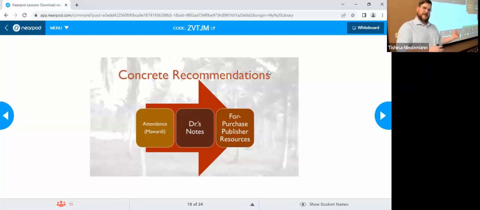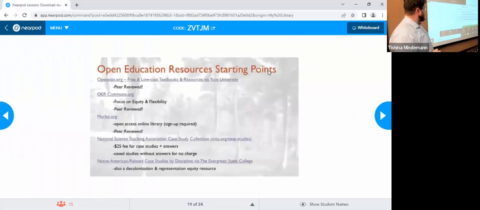One of those resources that we would turn to initially would be a set of open access resources. This list was generated by Tish Mindeman, and she's used many of them. You'll see here, each of these is either very low cost or free to instructors and students, and each one that's peer reviewed is clearly marked. So 3 out of these 5 contain only resources, as far as we know, that are peer reviewed. At least they advertise themselves as such.